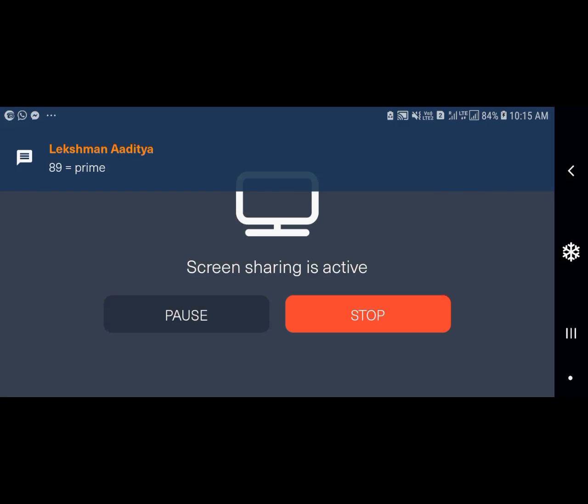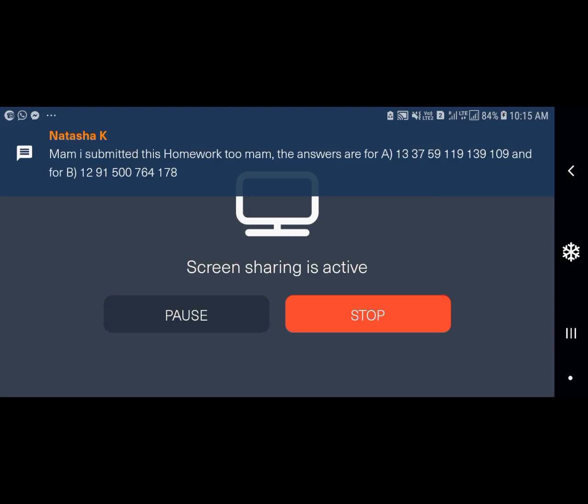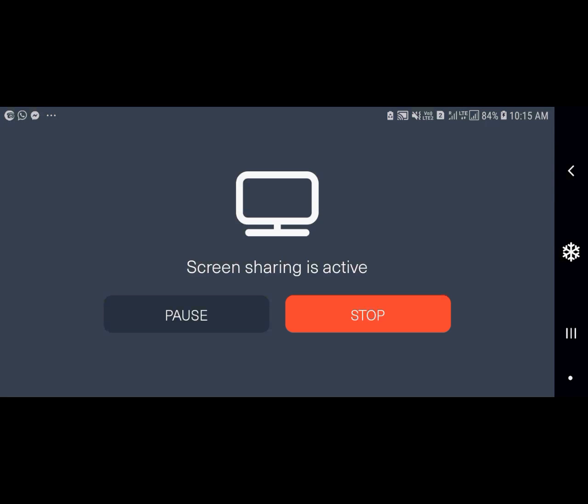Very good. 89 is a prime number. Okay, it has no other divisibility but the number itself. 89 can be divided by only 89. It does not have any other number which will give you the same answer. Got it? Ma'am, you also told that 7 is a prime number. I mean composite number. 7 is a prime number, ma'am, not a composite number.